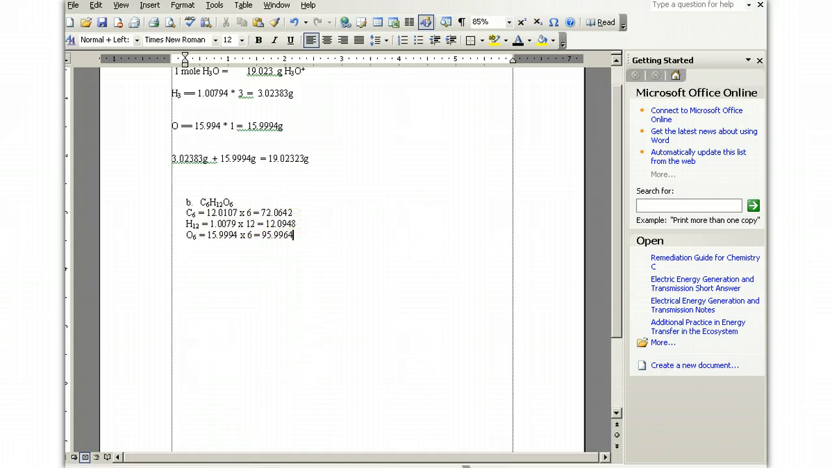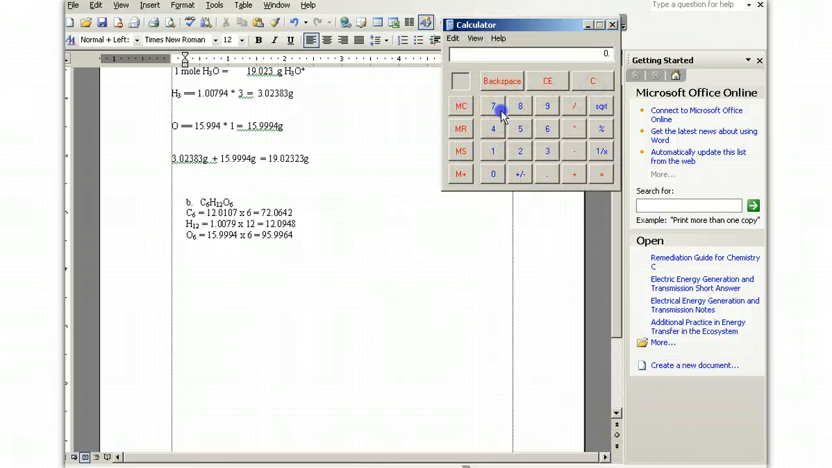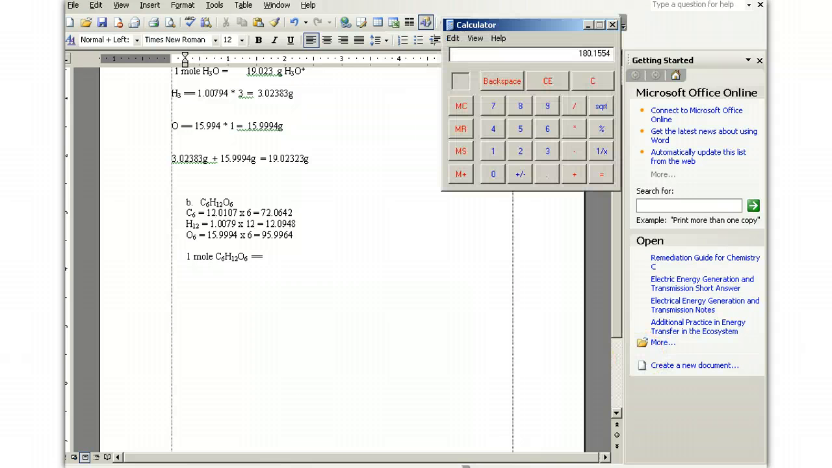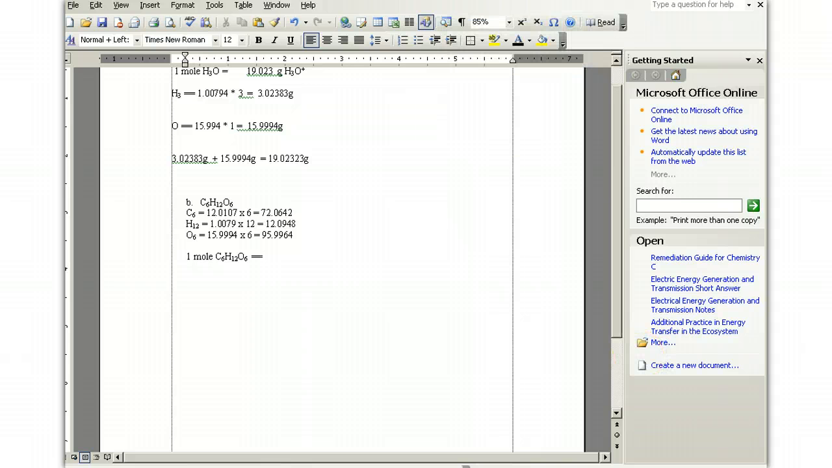To get the total mass, we add up the 3 of them. So 72.0642 plus 12.0948 plus 95.9964 gives us that 1 mole of C6H12O6 equals 180.1554